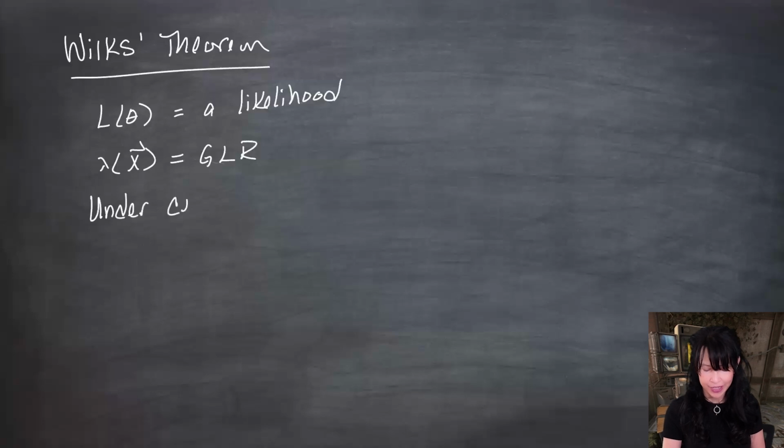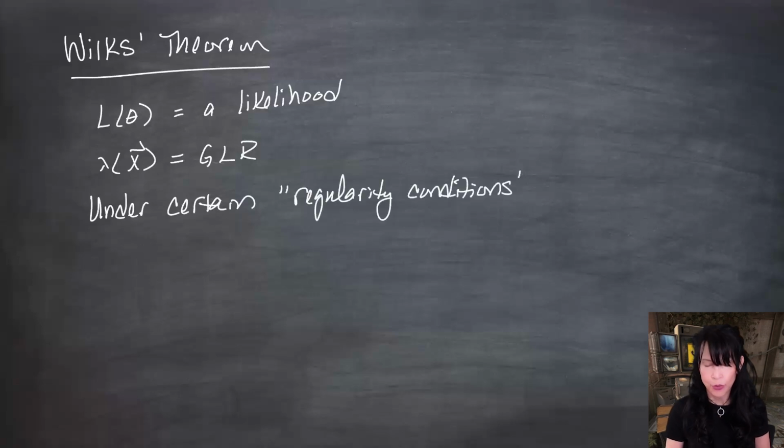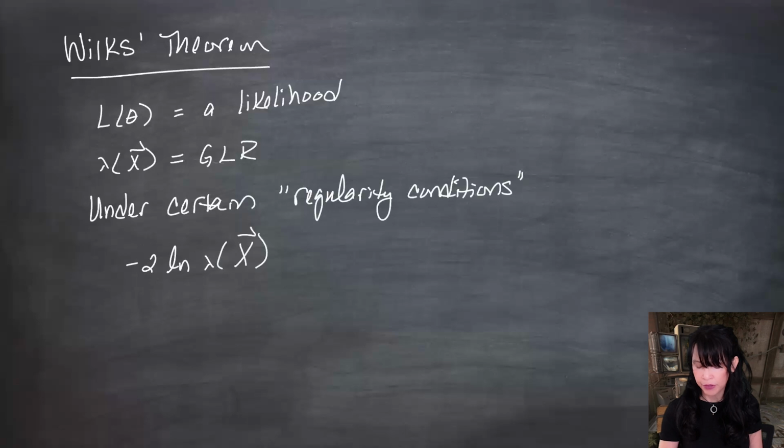Under certain regularity conditions, now we will hit these as we go, but one of them is definitely the parameter is not in the indicator. So if that is the case, you should not be trying to use Wilks' theorem. Under certain regularity conditions, -2 times the log of the generalized likelihood ratio, and I want to make this capital because this is a convergence result, a convergence in distribution result,